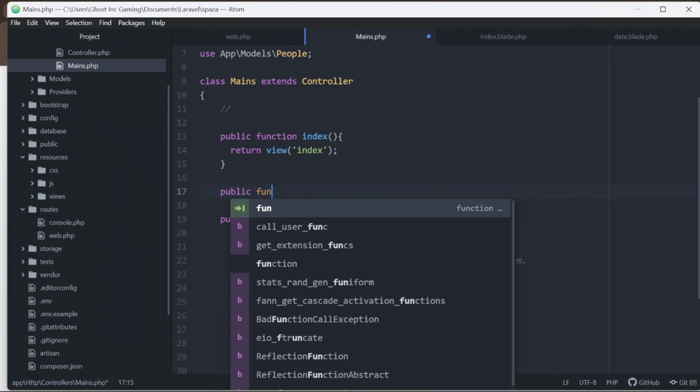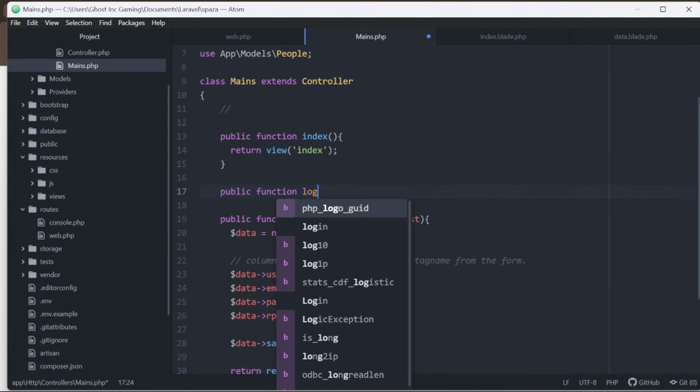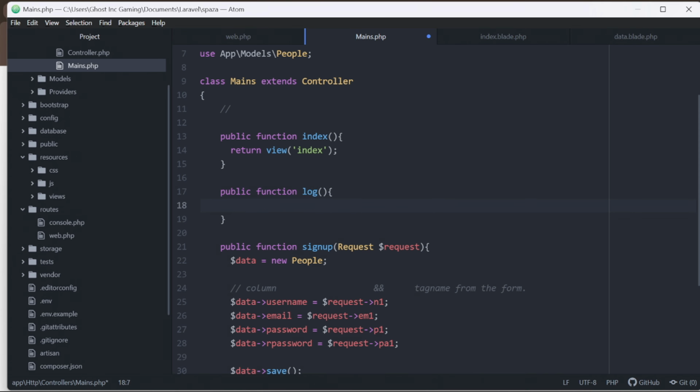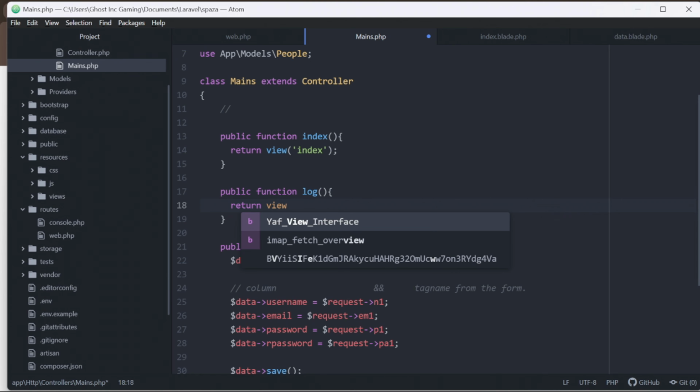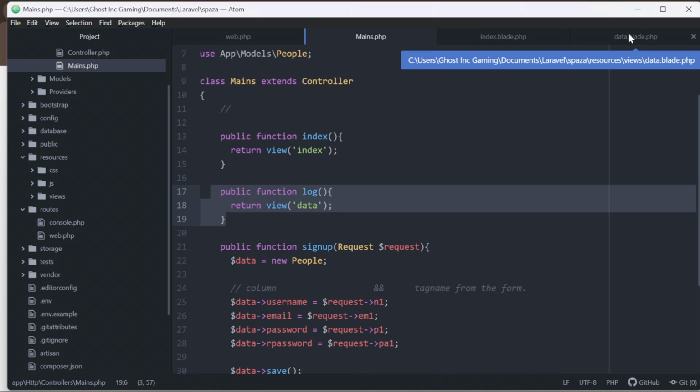So we can just create it over here by saying public function. We called it log, and this public function called log is going to return a view of a page that we called data, like that. So this function here is the one that is going to be responsible for sending us to this